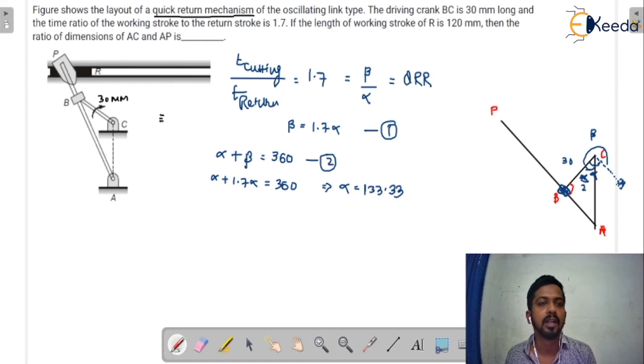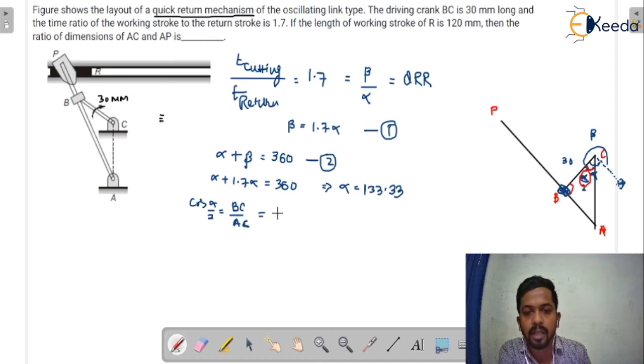Now I already told you that if this complete angle is alpha, that would be alpha by 2. So I can write the value of cos alpha by 2. Cos alpha by 2 means what? Base upon hypotenuse. And what is base here? If this angle is alpha by 2, this is 90 degree, so cos alpha by 2 would be BC upon AC.